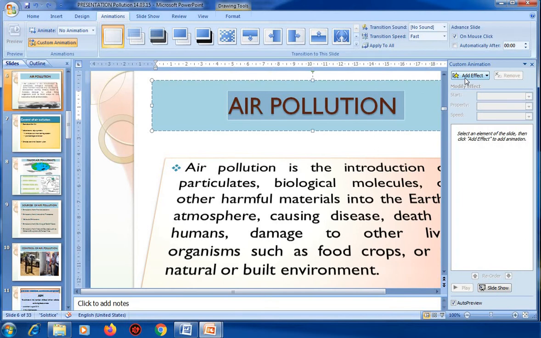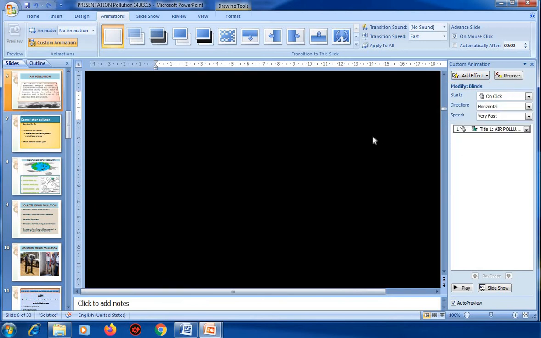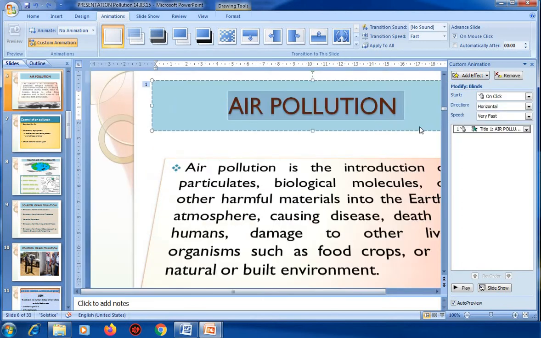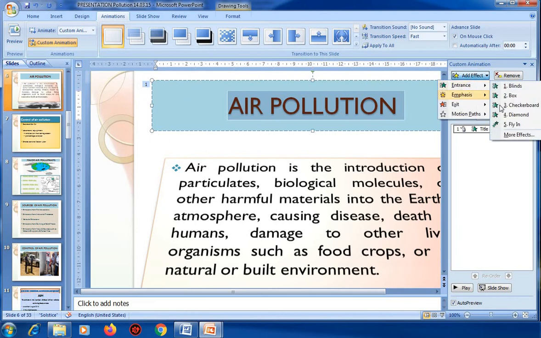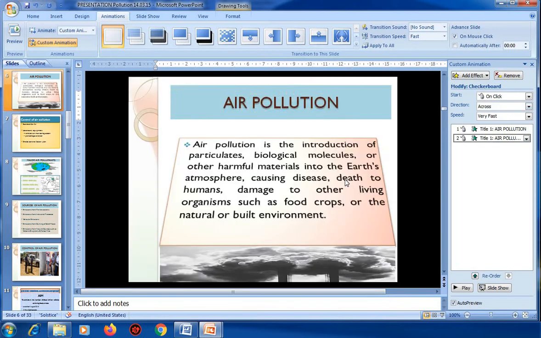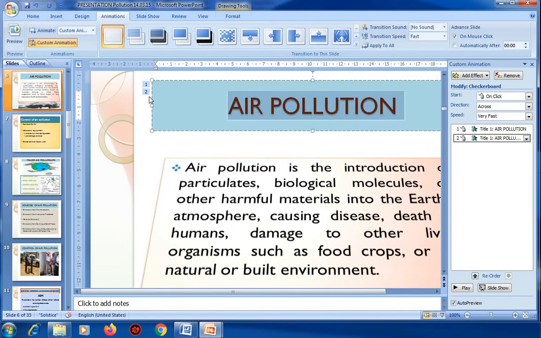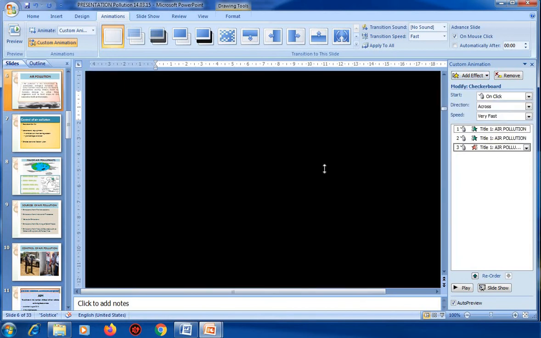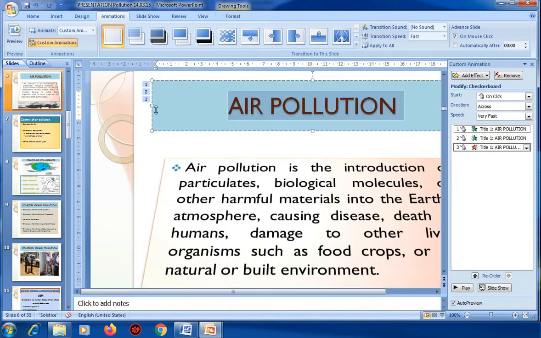Then you can see so many types of animation, just click and see: entrance, exit. You can see number 1 means one animation is added. Second number, you can add, 2 animations added, 3.